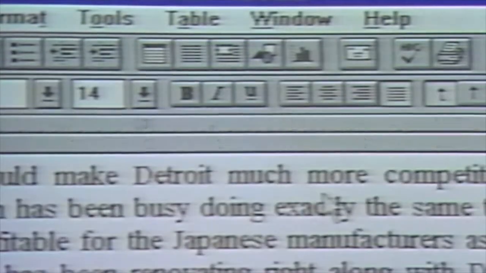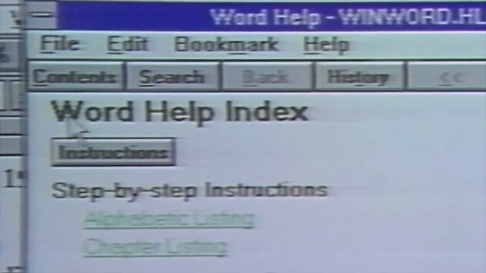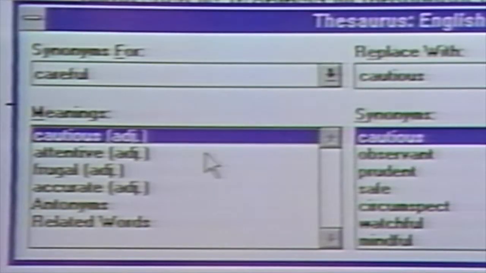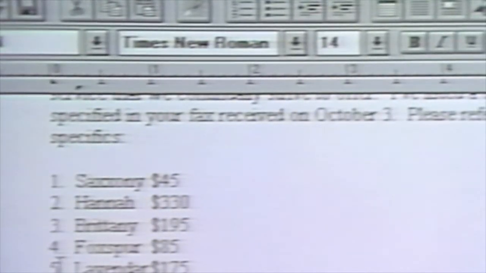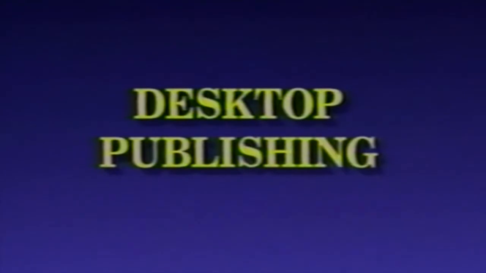how to work with more than one document at a time, how to get help on the screen, how to use the search feature, and how to use the built-in thesaurus, how to add page numbers, headers, line numbers, and list numbers. The desktop publishing section includes changing the size and style of text,